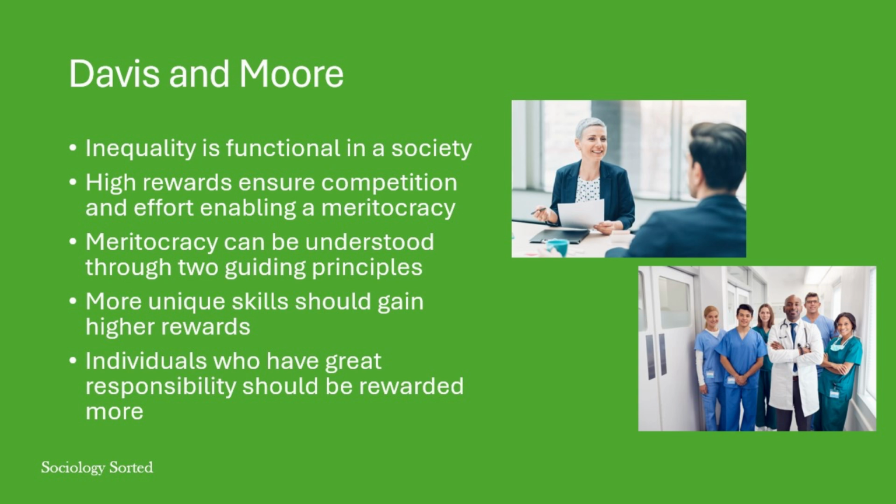Our last functionalist theorists are Davis and Moore. They added several important ideas to the functionalist view of how education meets the needs of the economy. First, they argued that some inequality was necessary for a society to function. They argued that unless there were unequal rewards, why would people engage in the long years of training, for instance, to become a doctor? An element of this idea is that the people in a society would agree to this inequality, as they would want the most able people to fulfill the most difficult and important roles.